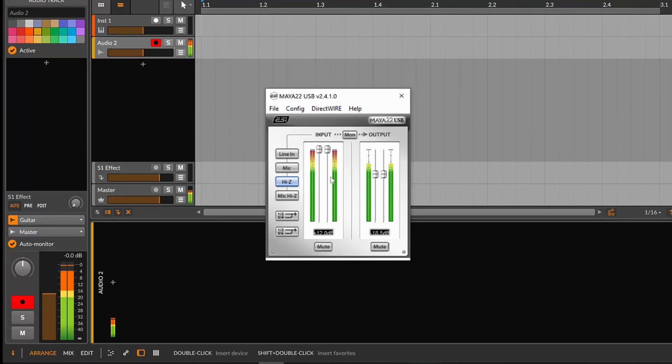Now we need to adjust the gain, so your take will be recorded loud enough, but not too loud, to avoid hard clippings. Otherwise, your take would sound very nasty, and that could not be reversed later. Now play the loudest part of your song, or at least hit the strings really hard. If the input deflection moves to the red range, the signal is too loud. In this case, you need to decrease the gain so that no more digital clipping can be heard and you're back in the green area again.